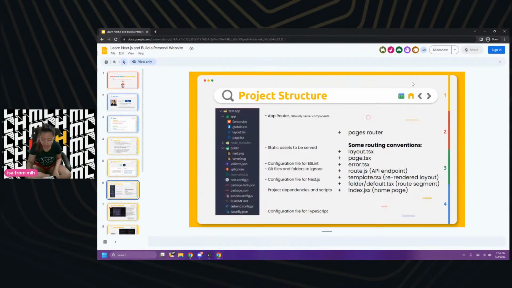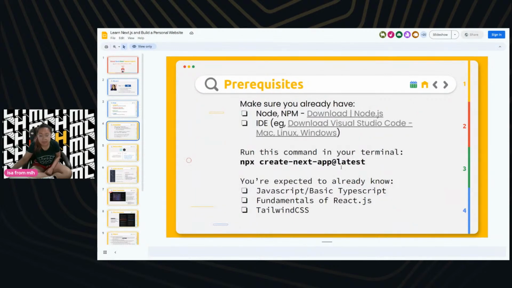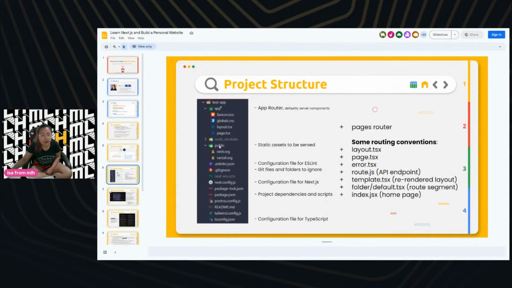going from there, the project structure of Next.js looks like this. If you ran this command, npx create-next-app, what you will see looks like this, where you have whatever app you named it. I called it test-app. And then I have built in the app router, the app folder, which is actually, stick a pin in this, so new. It started less than a year ago. It's a very new paradigm shift for Next.js.